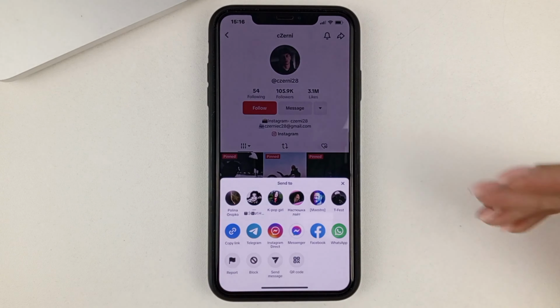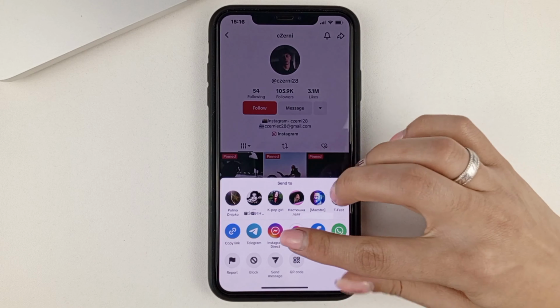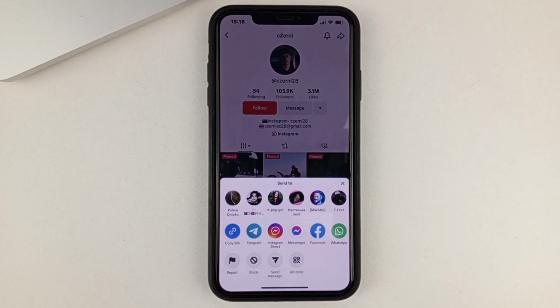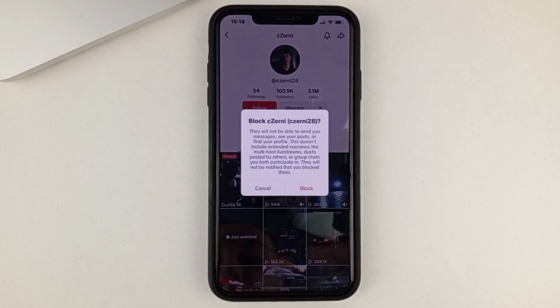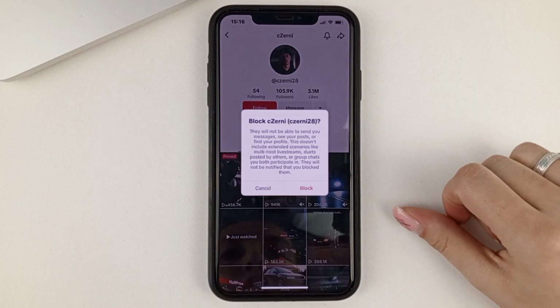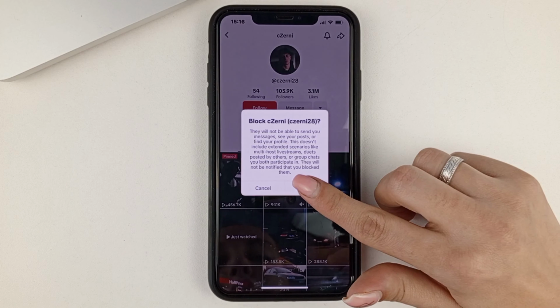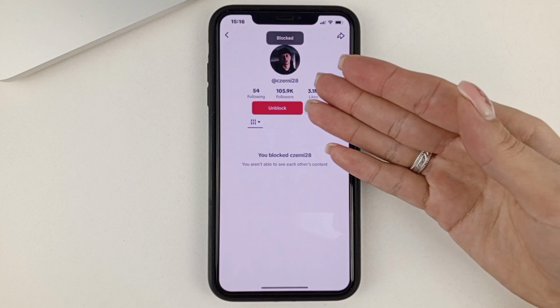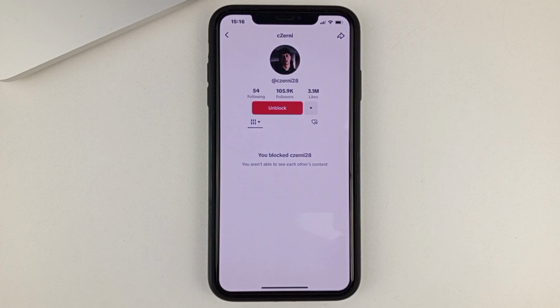Usually this arrow means share profile, but here at the bottom you'll also see there's a little bit of a settings menu. And here we have a block button. So if we click on that, next we just need to confirm this action to block the person. And now, as you can see, we have that user blocked, and we can't see their posts. And we can't see his videos either.